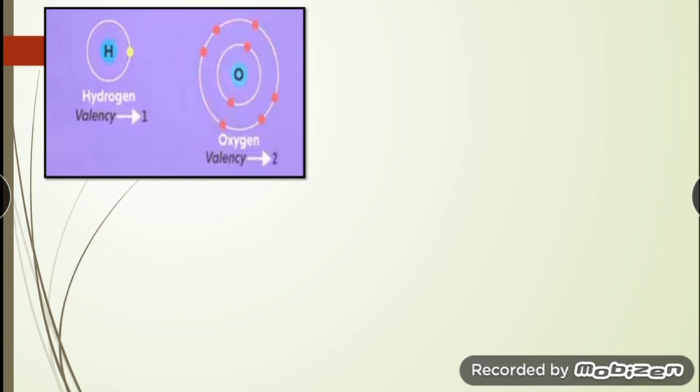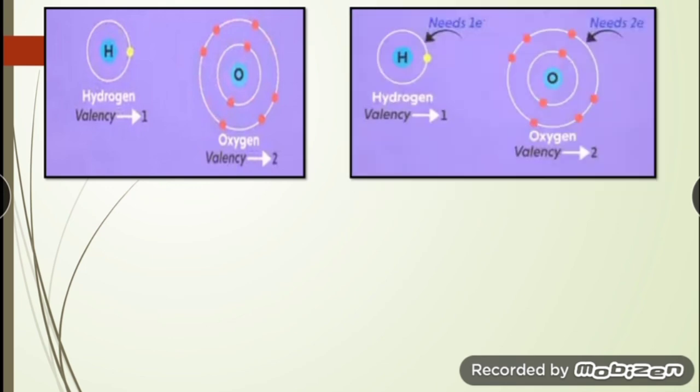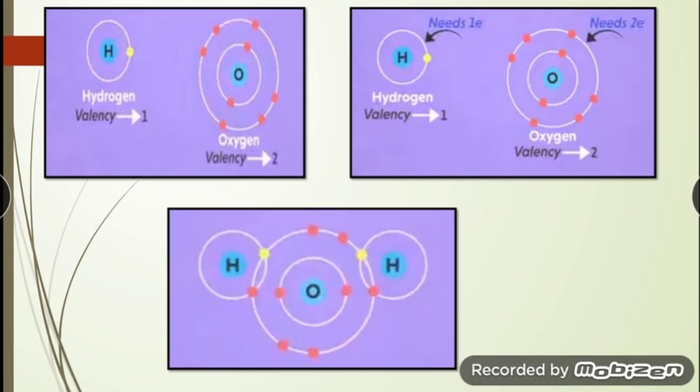Now in this, when they want to attain stability, both need electrons. So how will these two atoms combine together to form a bond? Yes children, can you tell? Well, here they both will share electrons with each other. But how? For this, two hydrogen atoms will combine with the oxygen atom and they will share their electrons with each other. Here they are sharing the electrons to give a single molecule of water.